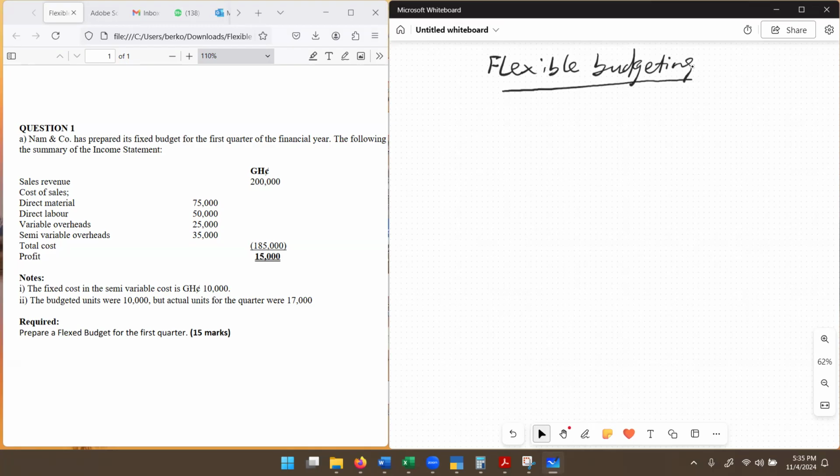So flexible budgeting is where we prepare our budget with an initial intention that anytime the activity level changes, we are also going to revise the budget to reflect the current or the actual activity level. So look at this. We are preparing a budget. So budgeted